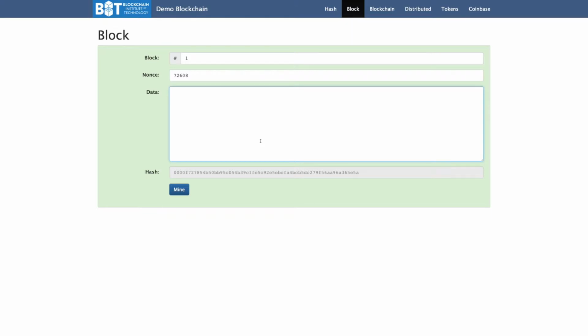But if I add a single letter, the entire hash changes. You see, it no longer follows the rule I decided. It changed color to red, and it's now an invalid hash. But if I remove it, it's valid again. Now, what if I wanted to commit data to this block and have it with a valid hash? I just add my data.